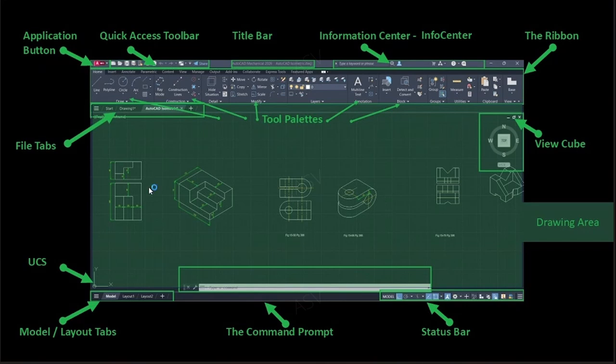AutoCAD has three main areas: the top area, the middle area, and the bottom area. The top area has the biggest component, the ribbon. It comprises menus and the tool palettes like draw, modify, layers, etc. This is the middle area, which is the area where the objects are drawn